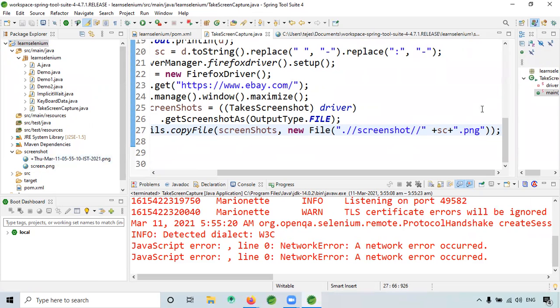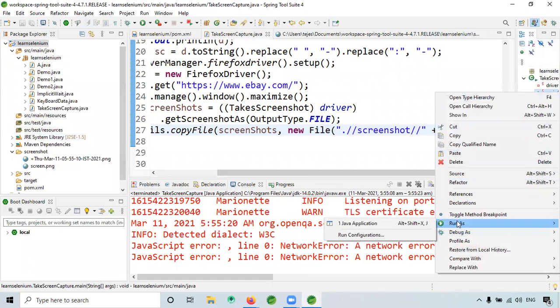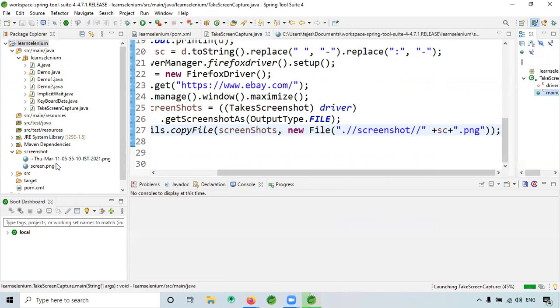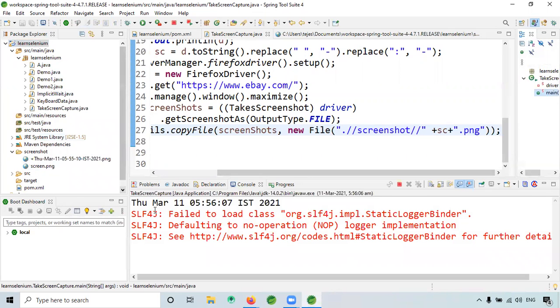Let me run it once again. We'll see each time whether it's generating a new file name or not.